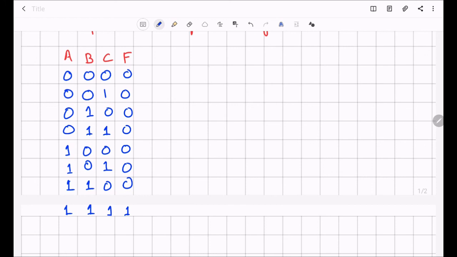Now let us see how can we implement this using 2:1 mux.